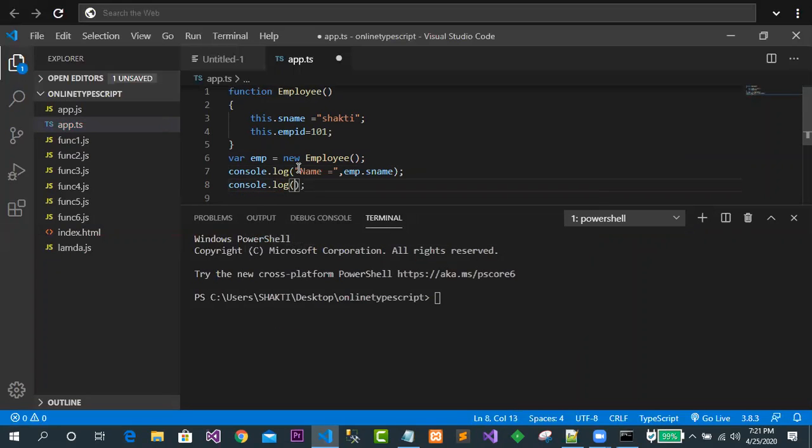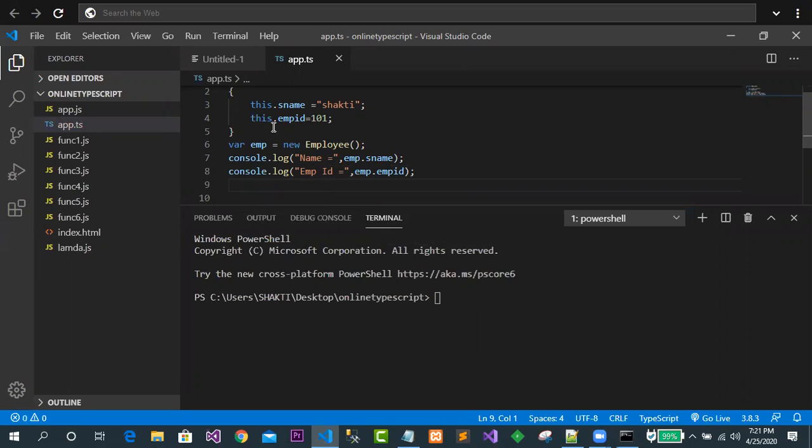I want to access the id. So what I should do here, simply go for emp id. Clear? This emp id, and in here I will simply go for emp dot, what I should write here, this is employee id. Okay, after that I want to add one another property to it.